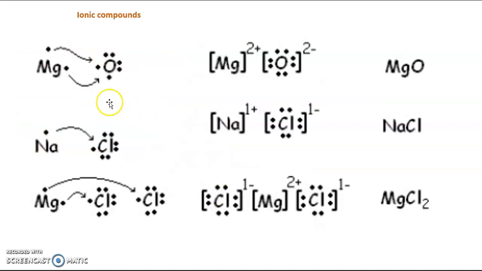For ions, it's different. When the first element is a metal like magnesium, sodium, we have to make a different strategy. In this case, we have to represent